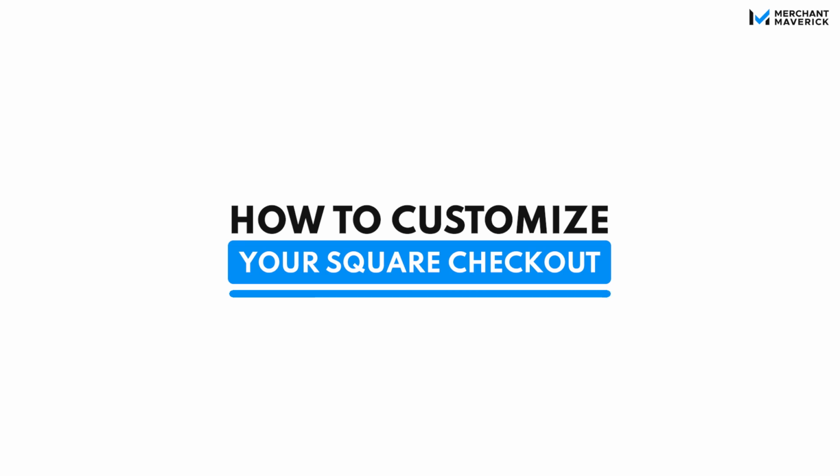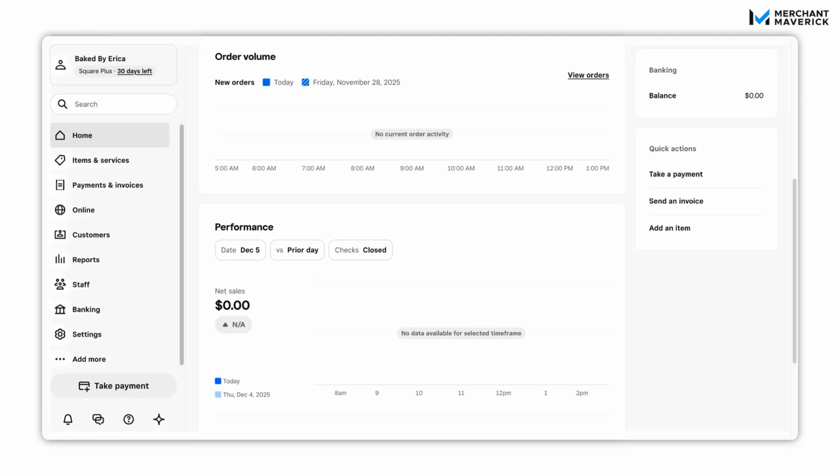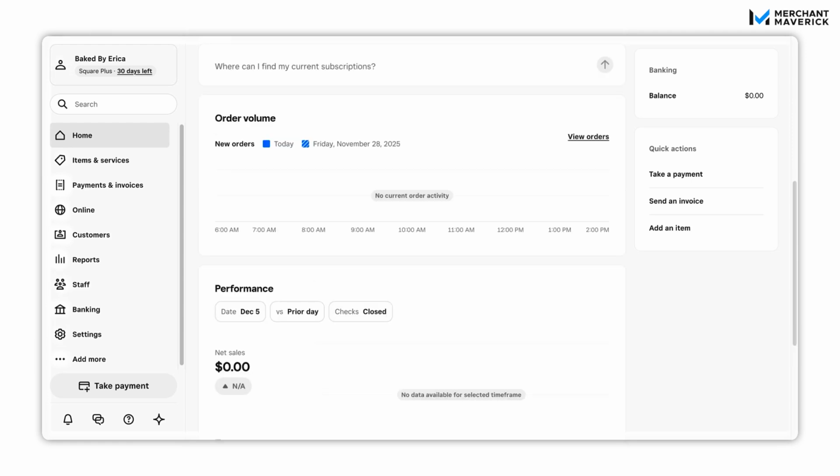Today I'm going to show you how to customize your Square checkout using discounts, tips, and custom fees. These small settings can have a big impact on how you get paid and how smooth your checkout experience is for your customers. I'm going to walk you through exactly where to find everything in Square and how to use each option step by step. So let's get started. I'm going to start off by showing you how to create discounts and apply those